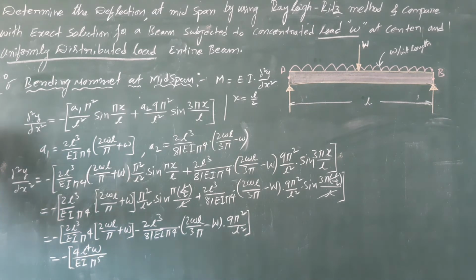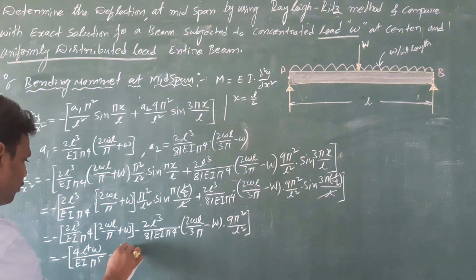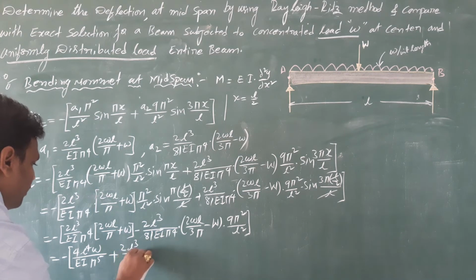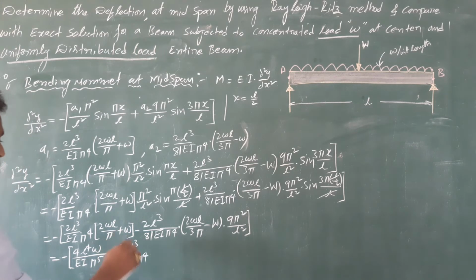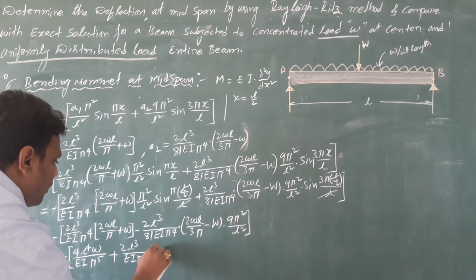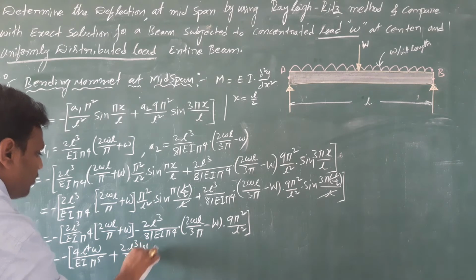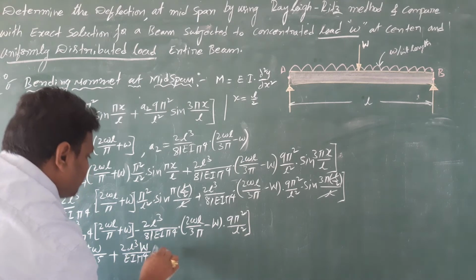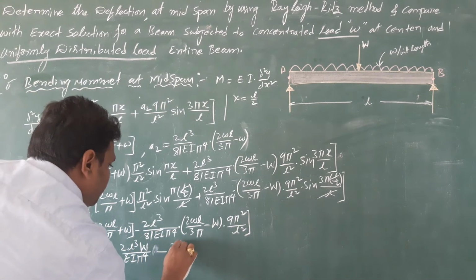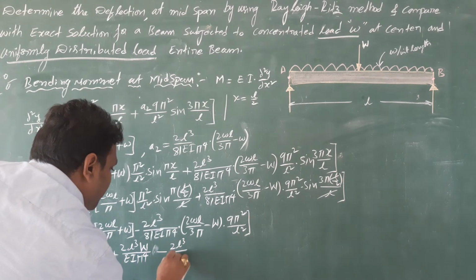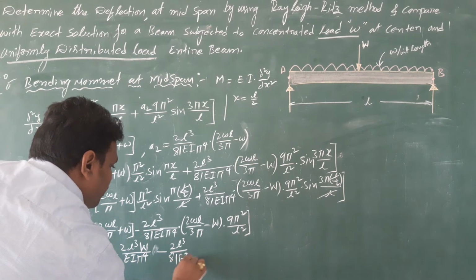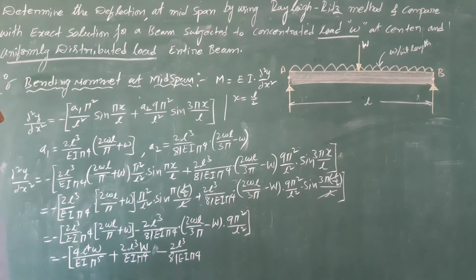Okay, plus 2L cube by EI into pi power 4, here capital W. Okay, minus 2L cube by 81 EI pi power 4 and here